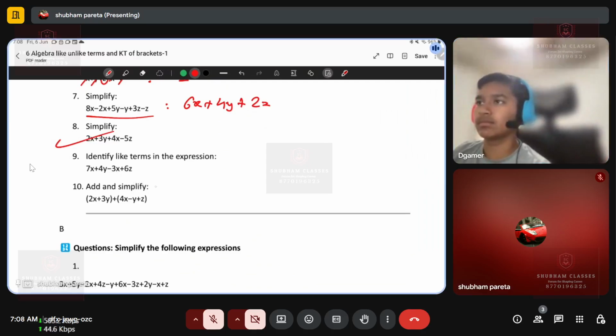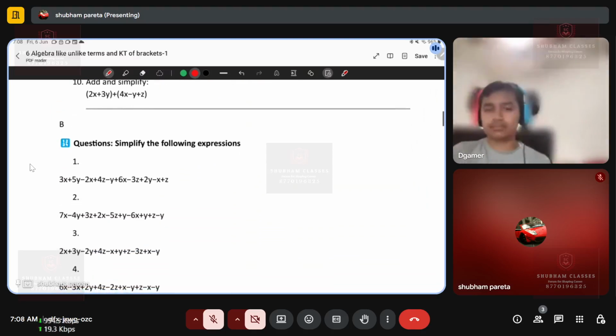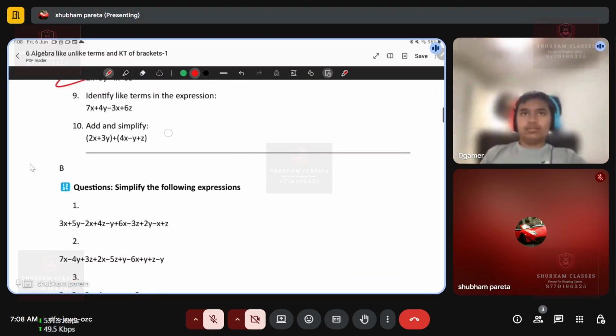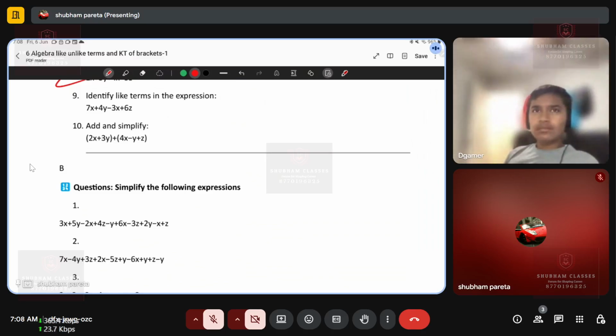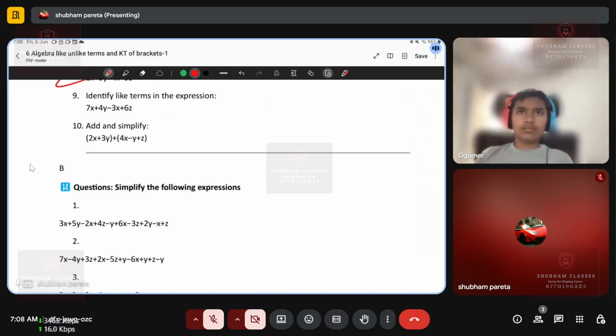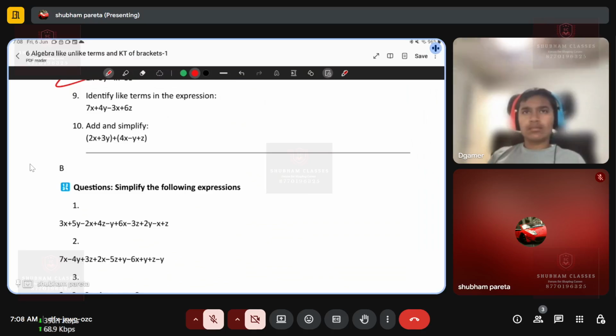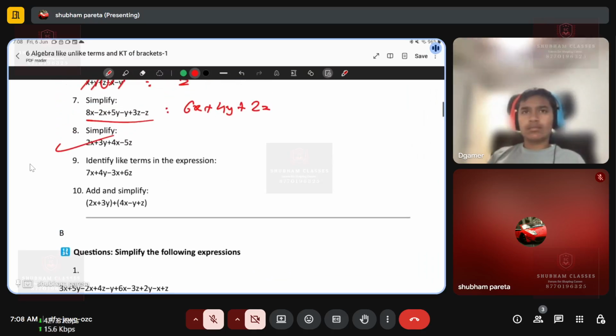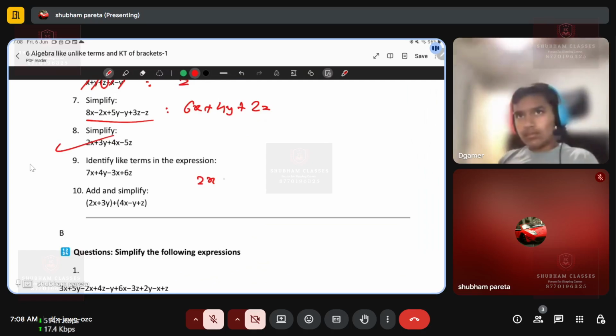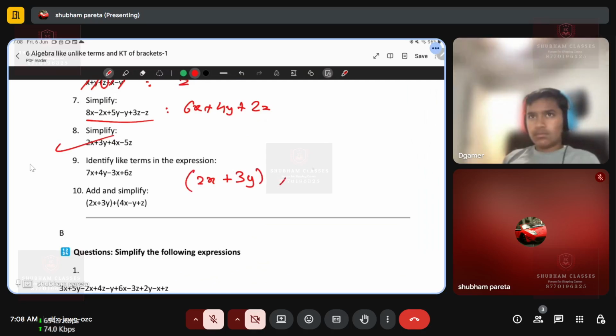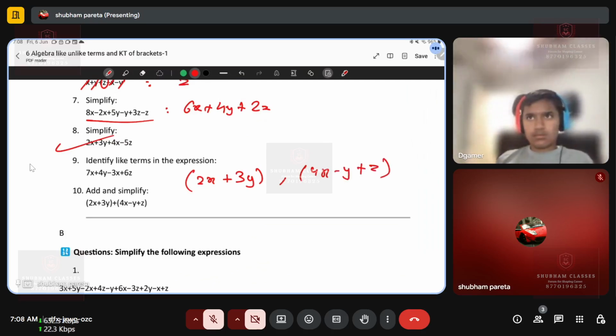Similarly, now the operations are given, which is based simply on this: add and simplify. So according to this, now you need to add, and you need to go for the operations one by one. Now the complexity of the question starts from here. For example, they will give you distinct terms, like 4x plus 3y is one bunch,